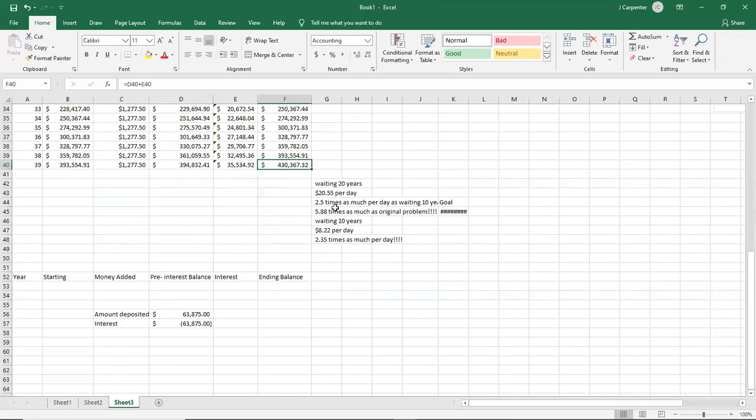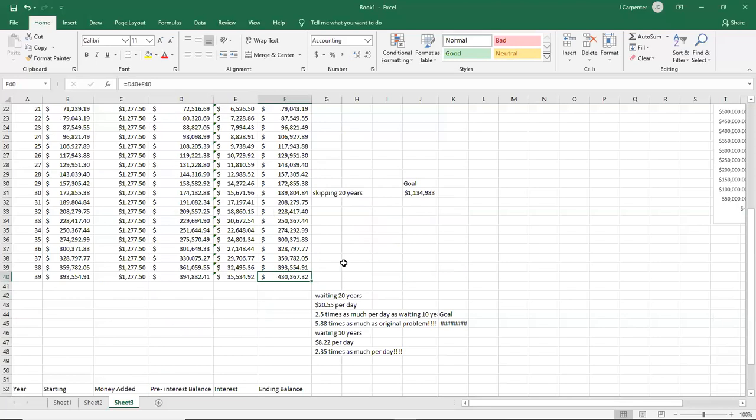I thought I had an analysis for wait. Yep, no, here it is. It is in there, all there, okay. So by waiting 10 years, now that Starbucks cup of coffee only gets us 430,000. I had to play around with the numbers, and I'm not gonna keep doing that. But if you wait 10 years, instead of being able to deposit $3.50 a day, what it boils down to is you have to put away 8.22 per day, which is a total yearly deposit